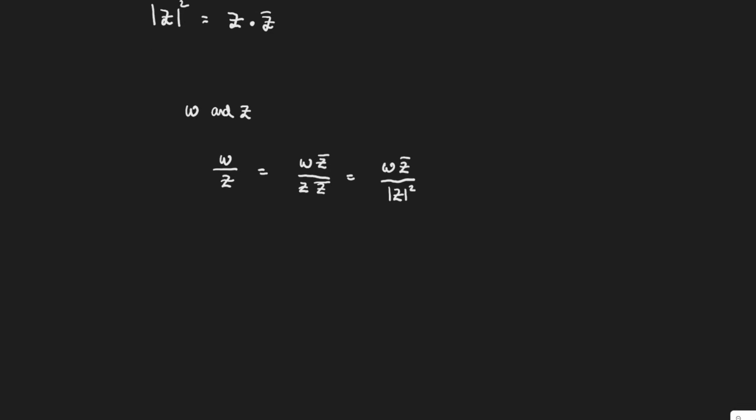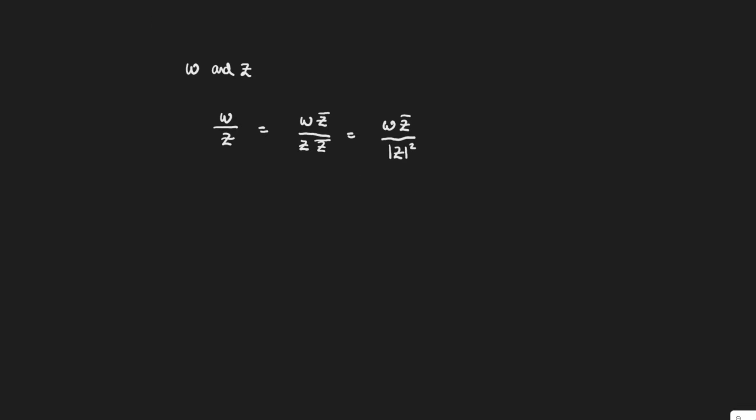And why this idea is quite important is if I assign some values, let's say that our w is equal to 1 minus 2i and our z is equal to 3 add 4i,